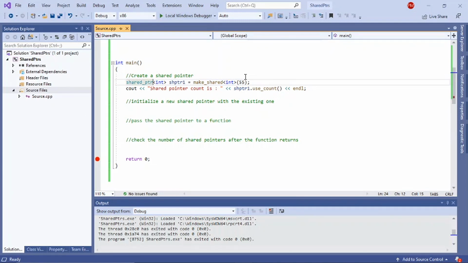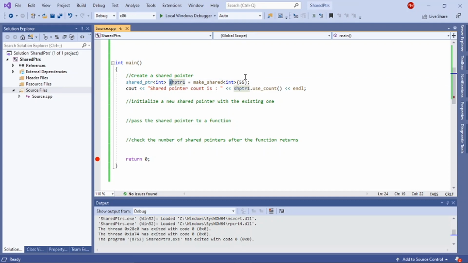So the shared pointer template is instantiated with an integer, and I also use another inbuilt function, which is nothing but the make shared function. The make shared function actually returns a shared pointer to this integer. So my integer is 55 here, and I'm actually creating a shared pointer to it, and that pointer is stored